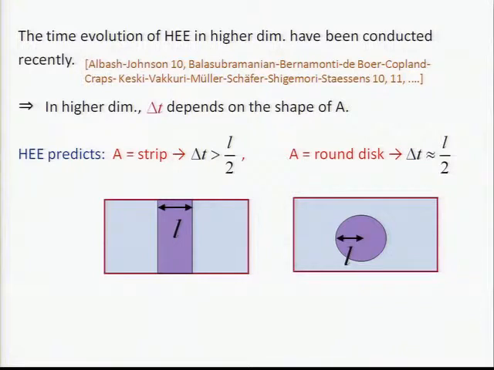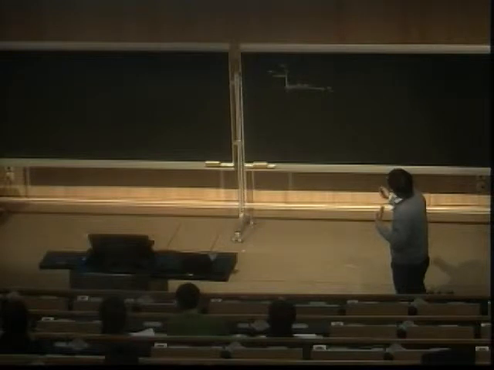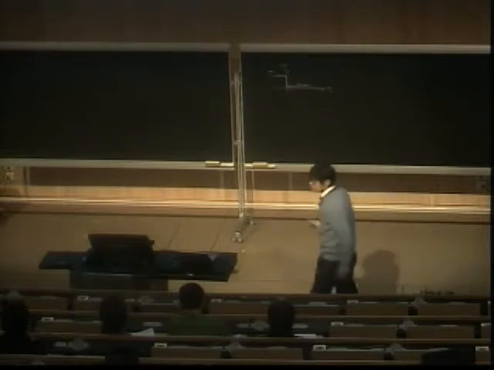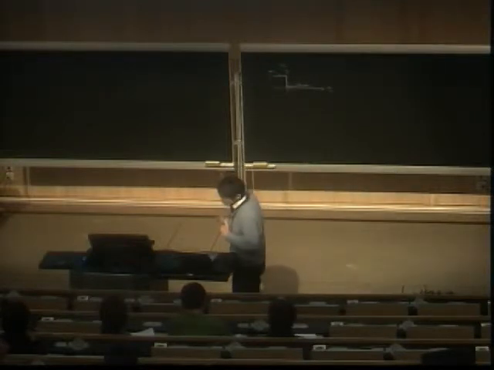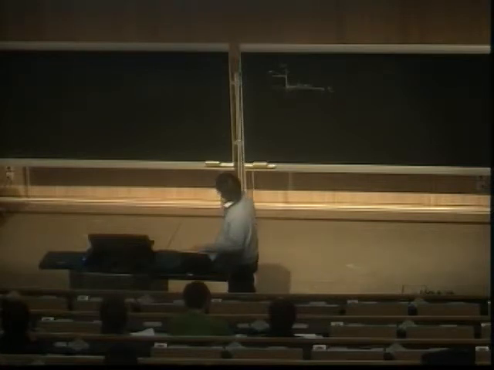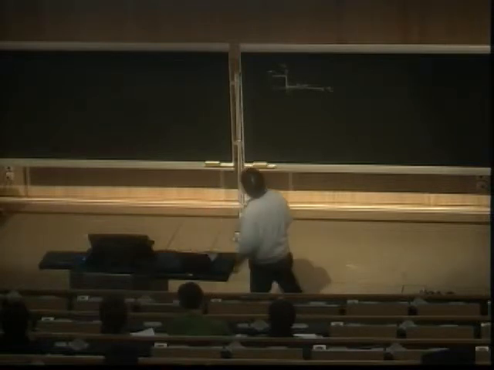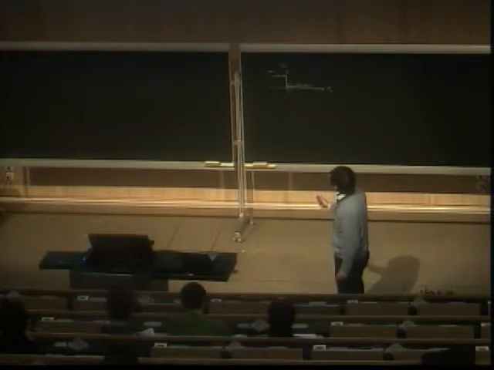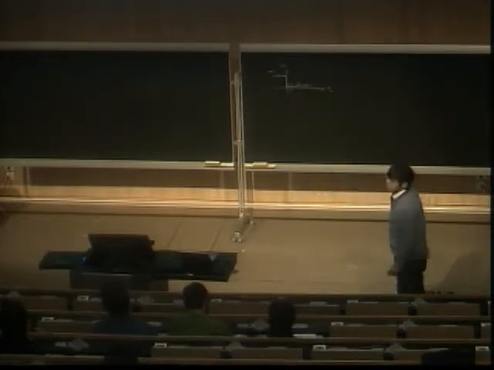But then a new ingredient appears: we can choose many different kinds of subsystems. One subsystem is this kind of strip, which I also explained a few days ago. Another one is a round disk. In the disk case, from the center the distance is everywhere L, but the strip case is non-trivial. If we go in this particular direction, the length is infinite, but if we go in this width direction, it is just L. After computing this kind of analysis, they find that the thermalization time from the viewpoint of entanglement entropy is much larger than L over 2 in the strip case, but in the round case it's almost the same as L over 2.